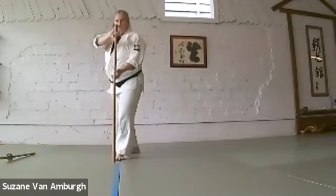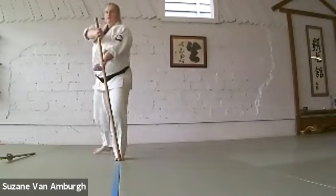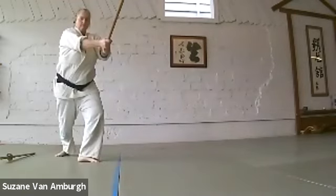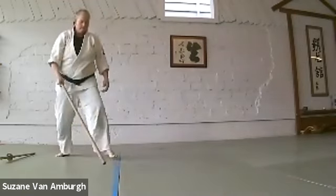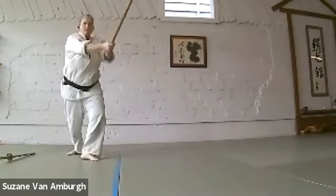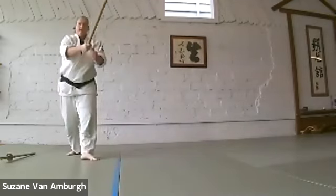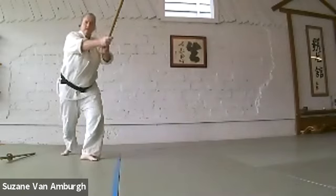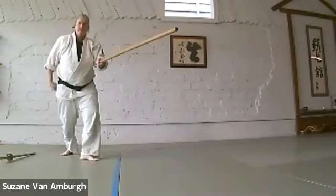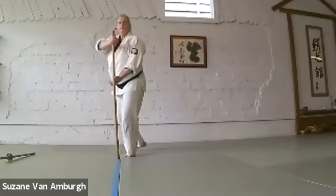So if I start on this line and the attack is coming here, you turn your hip, but you don't take a full step. You don't step forward. This hip is back. That foot is connected to the ground. And there's a relationship between the tip of the weapon and the back foot. I don't know if you can see that on this camera, but